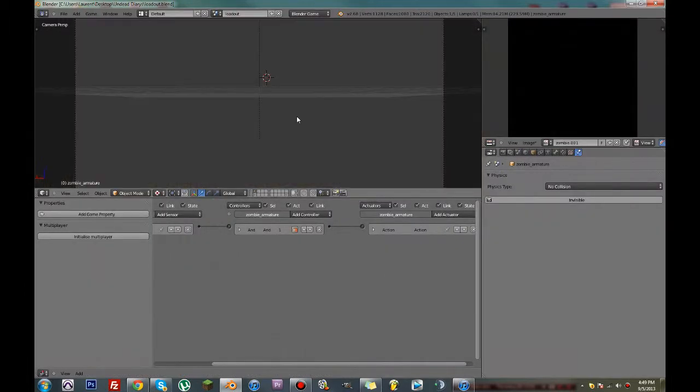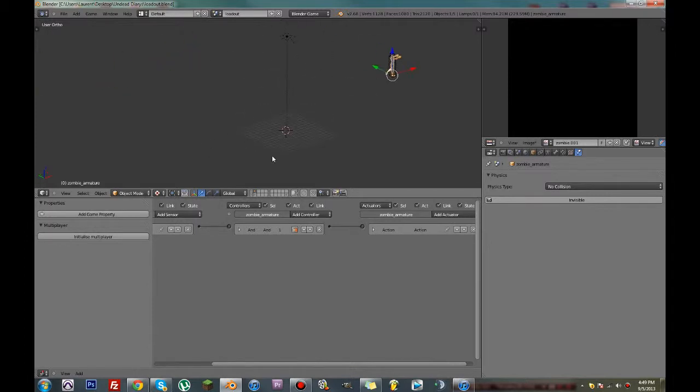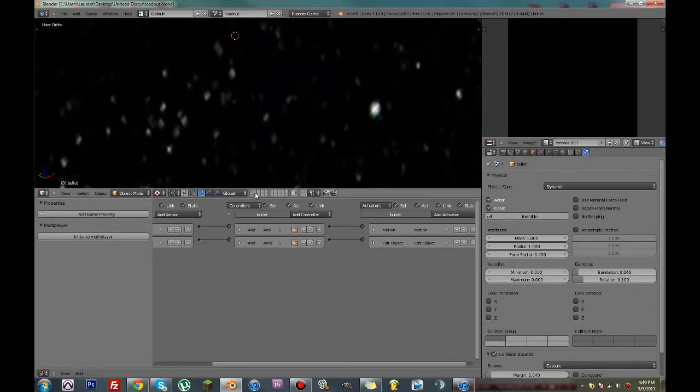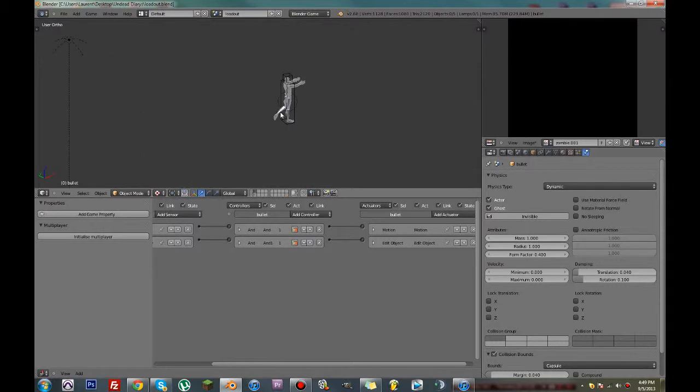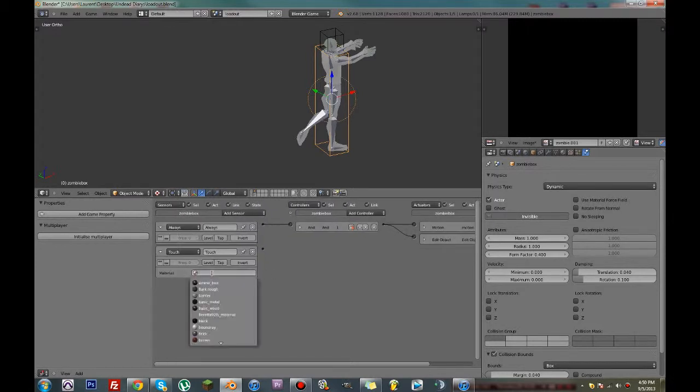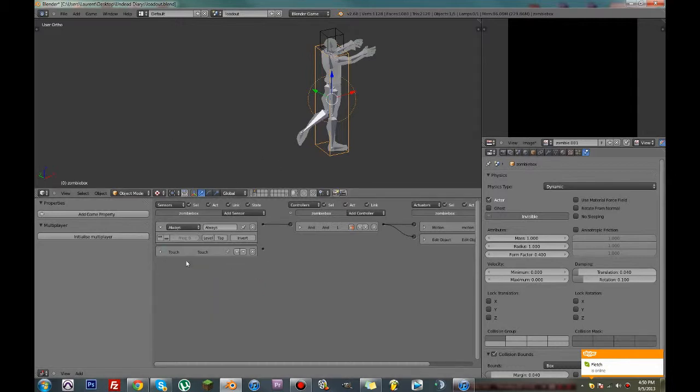So let's go here. And I don't know if I made our bullet a ghost. If our bullet's not a ghost, we have to fix that. So our bullet needs to be a ghost. Okay. We can go here now. And when bullet materials, so when it touches the bullet, when it touches the bullet, it's going to